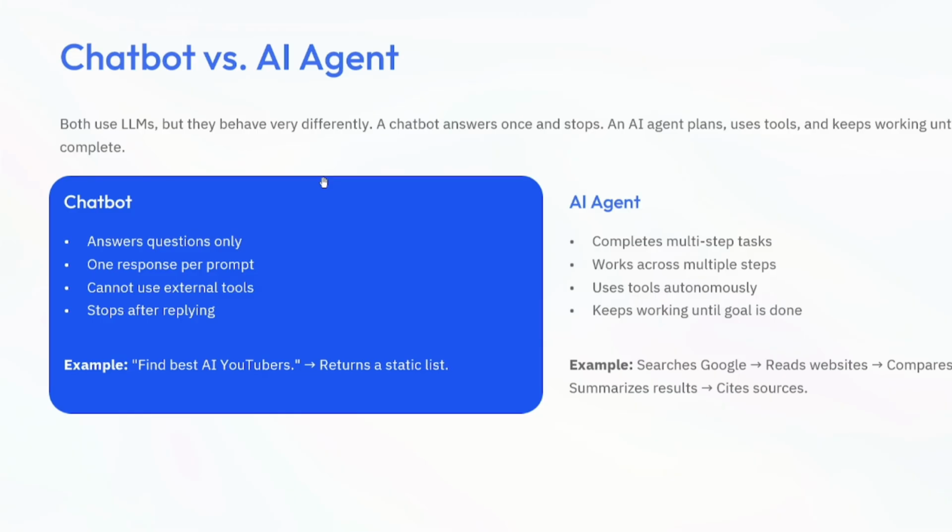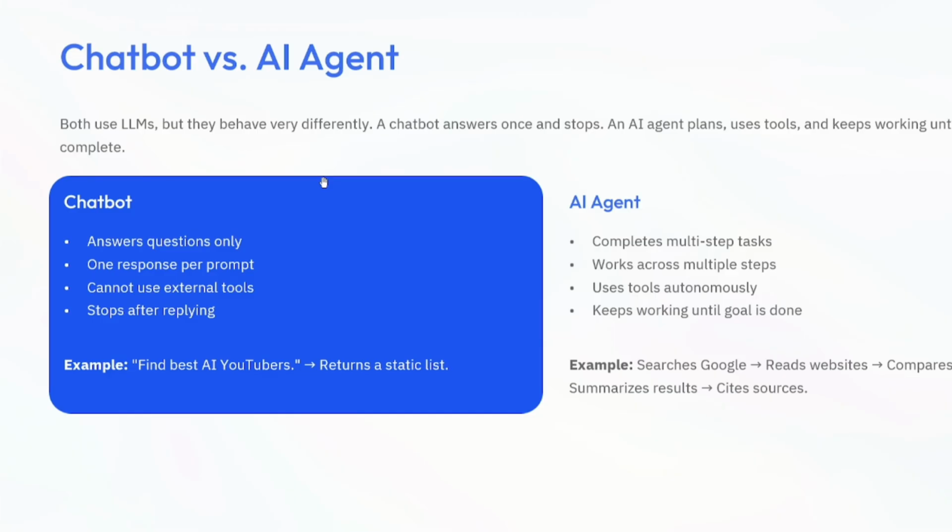It will literally search Google, read blogs, watch YouTube summaries, compare the features, create a report, add citations, and maybe even email your report also. So it keeps working until the task is completed. I hope I have cleared things up from my side, like what is ChatGPT and what is an AI agent, because there is a lot of difference between these two things. A lot of people think that it's the same, but no, there is a lot of difference.